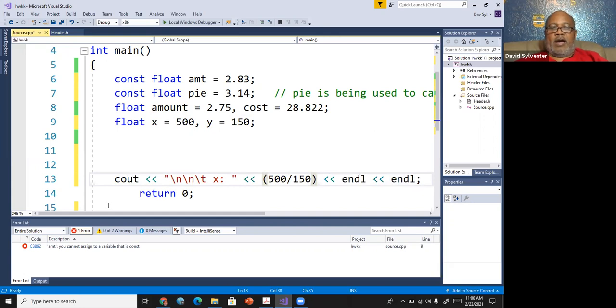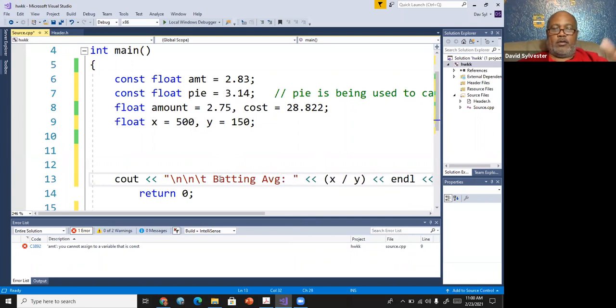So what happens? Rather than me create, that's my fault, I want to do X and Y. X divided by Y, which is still 500 divided by 150. Rather than create a variable to store the batting average in, right here I'm just going to output the average.